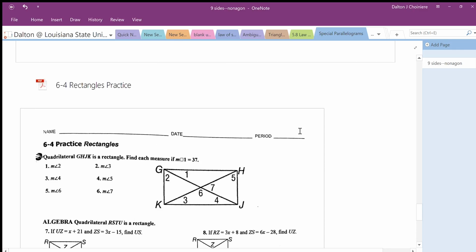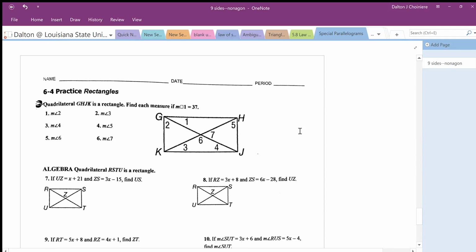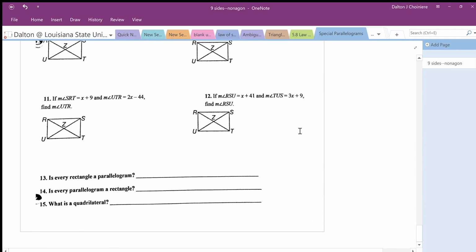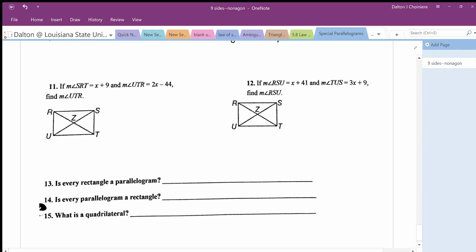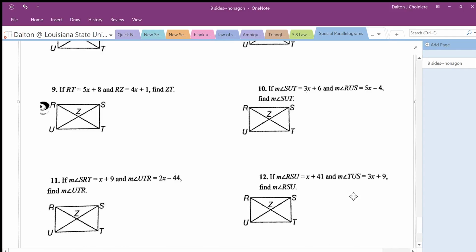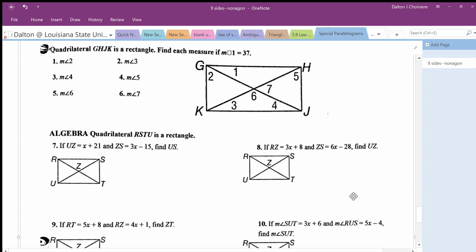Do you see that sheet up on my page now? Great. So I'm going to guide you through a couple of examples on this, and your job is going to be to finish it. I'm not going to do all of them, but look at the group of 1